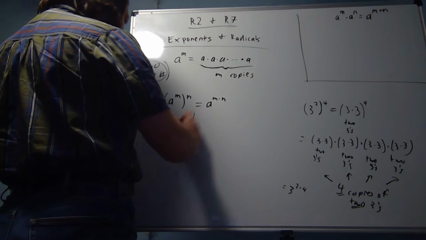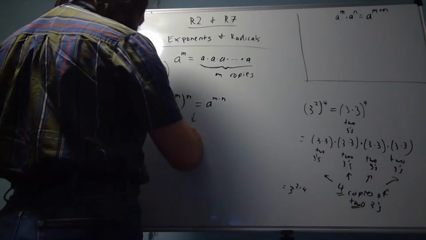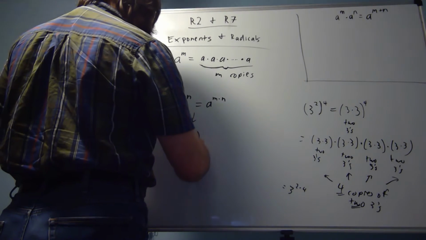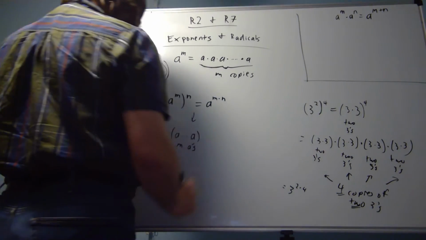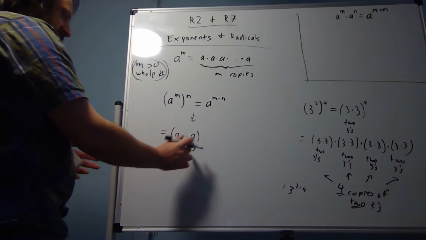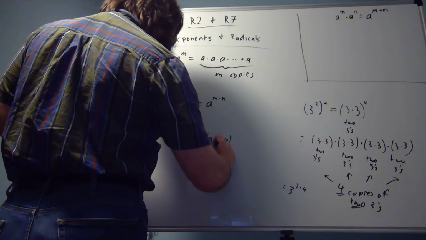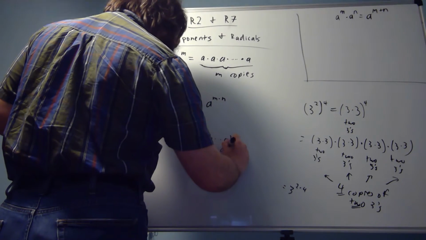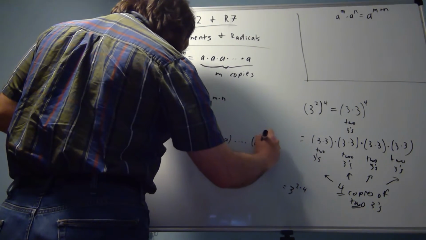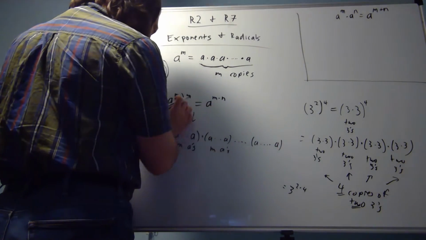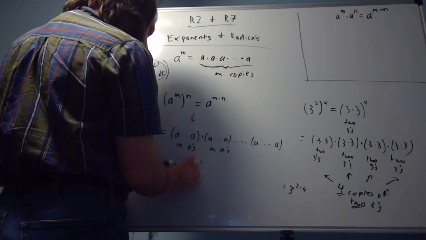So if you wanted to say what this looks like in general, this becomes very hard to write down, but it's like: how many A's do you have? You have M A's, but then you have M A's again, and then how many times do you have M A's? So you've got A to the M, then you've got